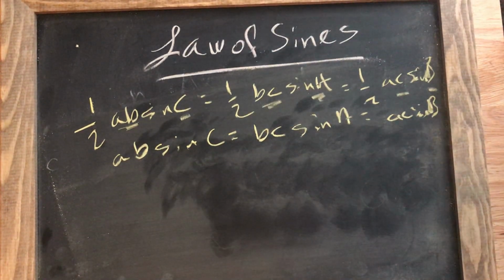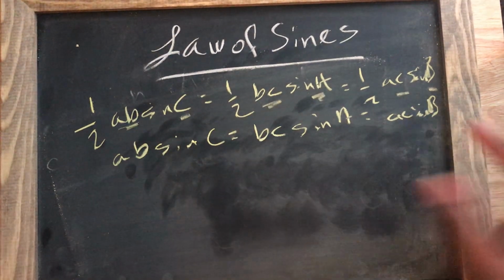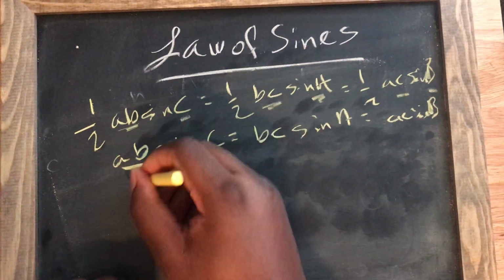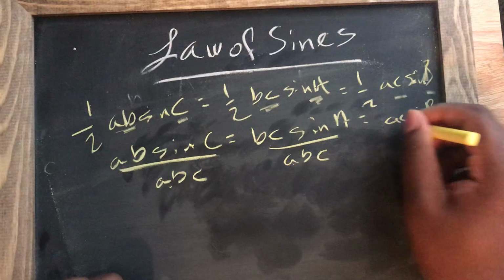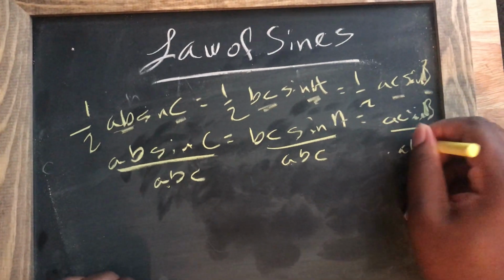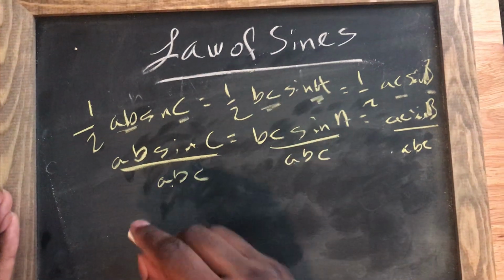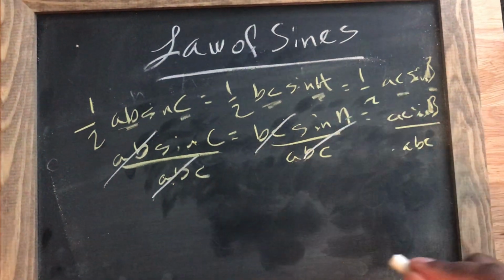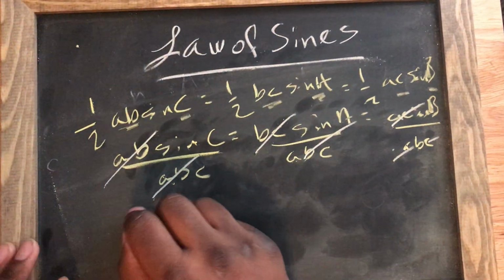Now, let's take this a step further. What if I decided I don't want all that stuff on the front, AB, BC? Well, how can I get rid of it? Let's divide everything by ABC. We then now have, check this out, AB cancels with AB, BC cancels with BC, AC cancels with AC, and you're left with